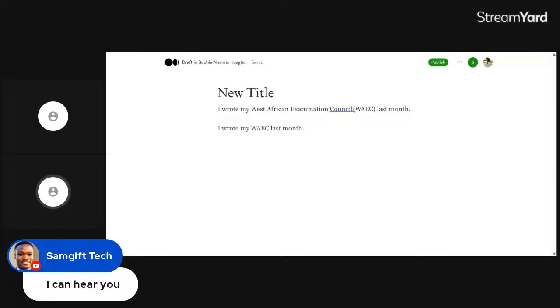And another thing is when you write the full text of the abbreviation at the beginning of your article, you can also decide to keep writing the abbreviation throughout your article because you already defined it at the beginning.